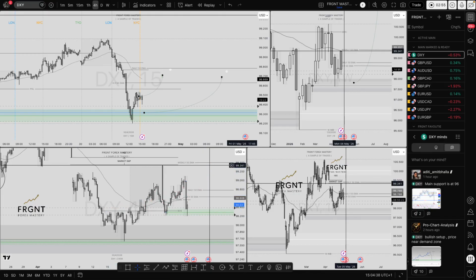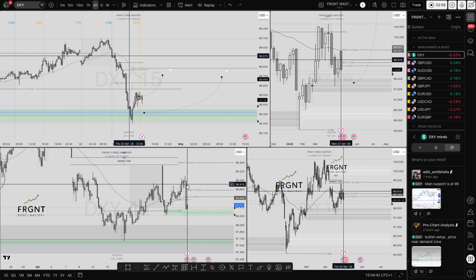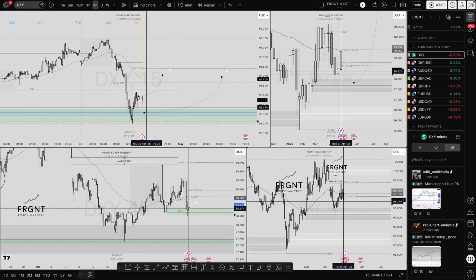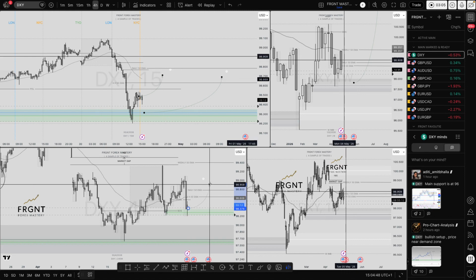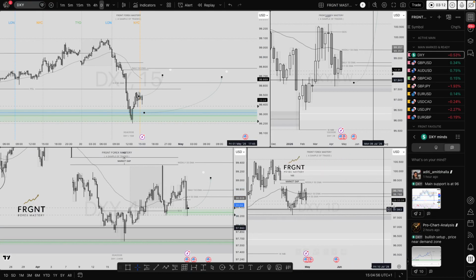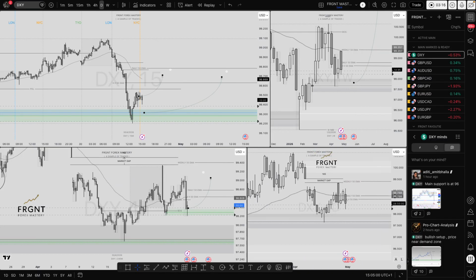As you can see, based on where the 4-hour 50 EMA was at the time of this candle being down here, I had every anticipation for this candle to reject that 4-hour 50 EMA and push up towards the upside, looking to retest the daily 50 EMA and in fact close above it. Now the question behind that is, why do you believe that the current daily candle would close above that? And I still have that bias.